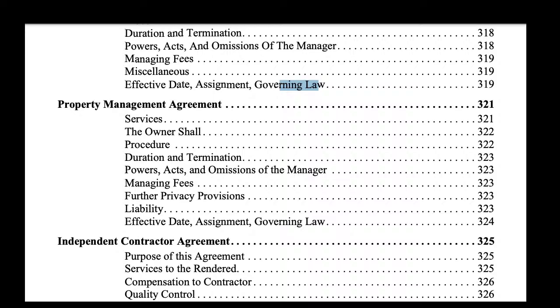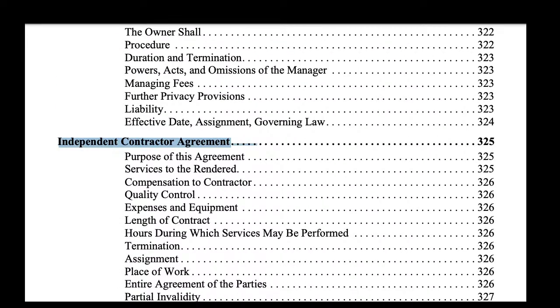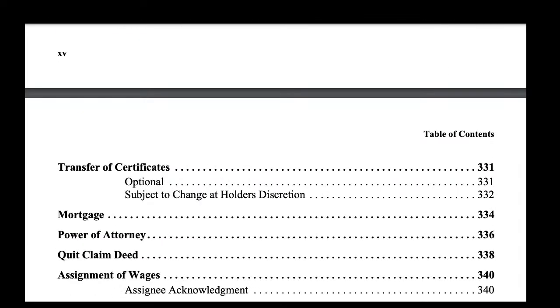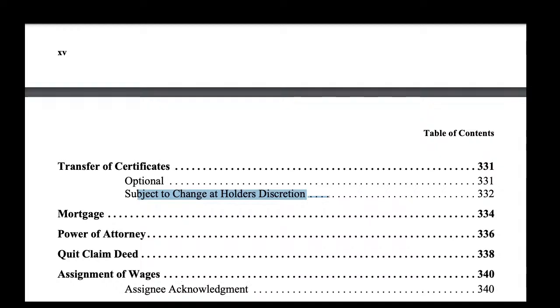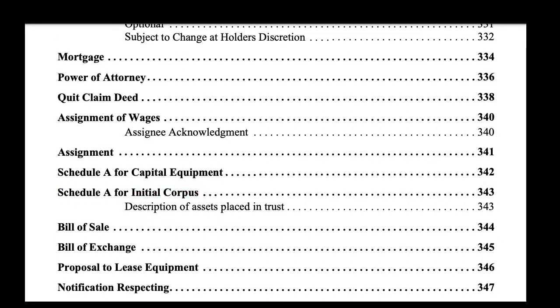And then we have a property management agreement, independent contractor agreement, management agreement, and transfer certificates, optional and subject to change at holder's discretion. And then we have some more on the mortgage, power of attorney, quitclaim deed, assignment of wages, assigning acknowledgement, assignment, and then Schedule A for capital equipment, Schedule A for initial corpus, that's a description of